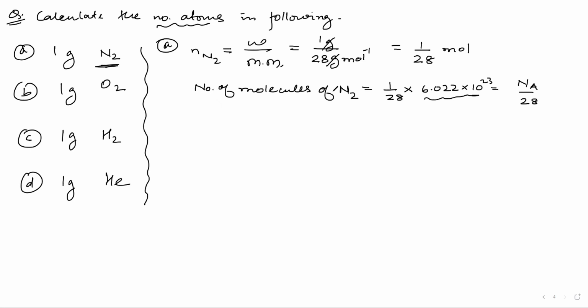Okay. Now the number of molecules of N2 is done. Now we will find the number of atoms of N2. Now in 1 molecule of N2, Rishan, please listen while I am explaining. Number of atoms in N2. In 1 molecule of N2, how many atoms are there? Nida? If we have N2 molecules, how many nitrogen atoms are there?